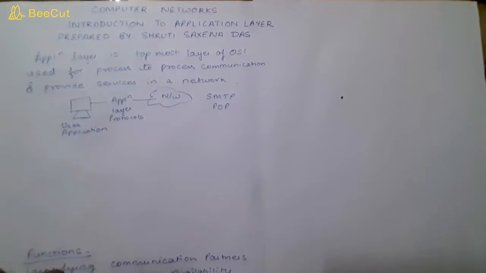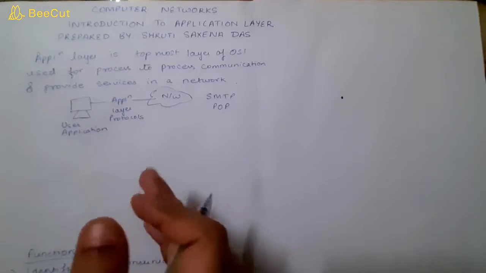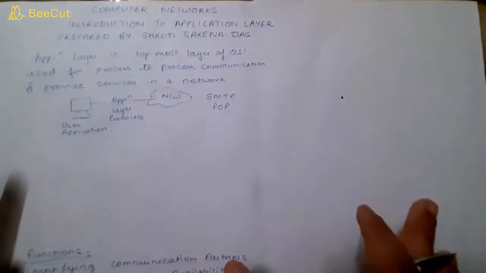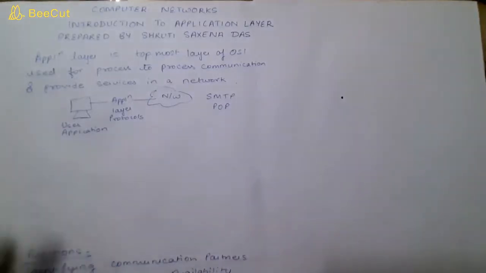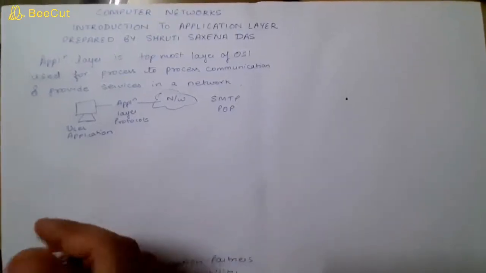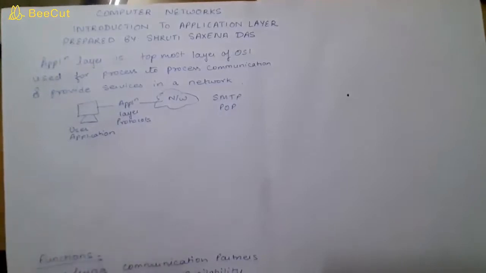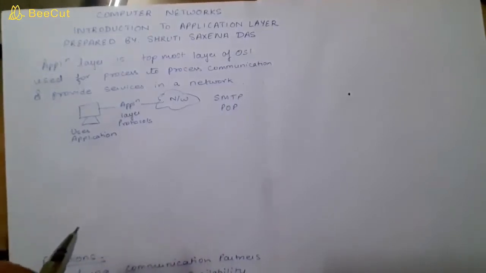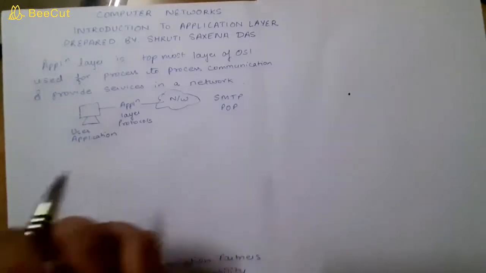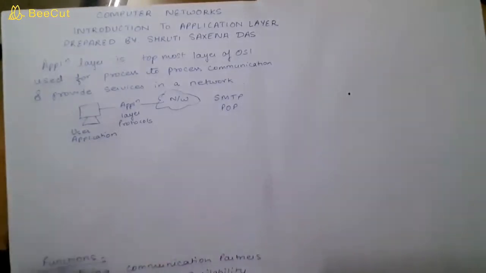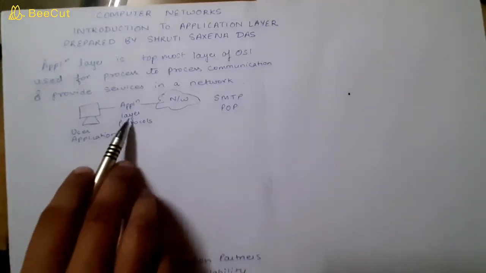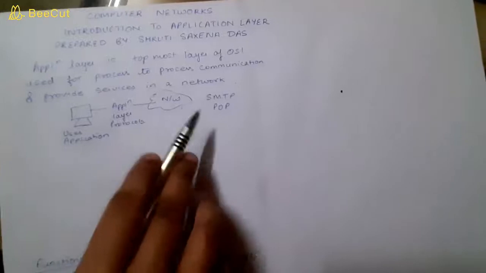Protocol is basically a set of rules which are used to provide communication between systems in the network. There are two systems, client and server. If a client wants to access a certain service from the server, some protocol needs to be used. That's why we say protocols are a set of rules used to provide communication. And this application layer provides a variety of protocols that are commonly used or needed by the user, like mail services.